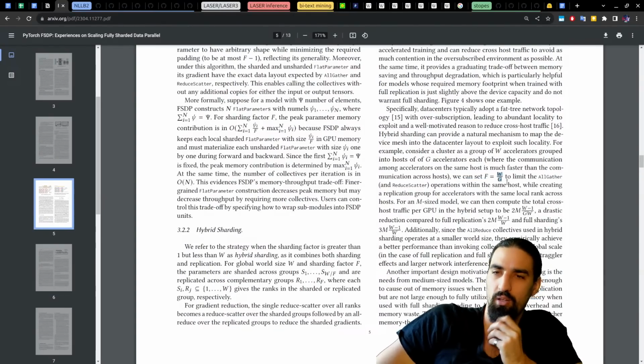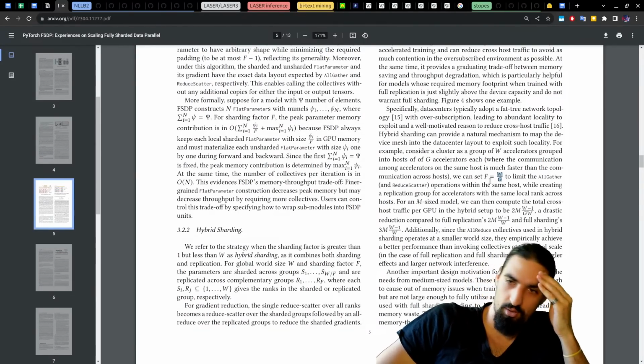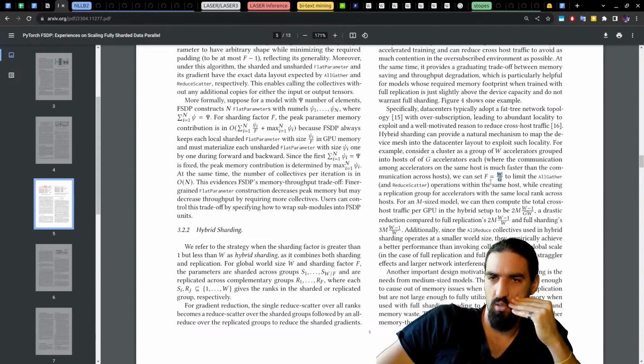Or, let me think. Or is F the sharding factor? So that means this should be 8 and this should be 2. To limit the all gather within the same host while creating a replication group for accelerators with the same local rank across the hosts.